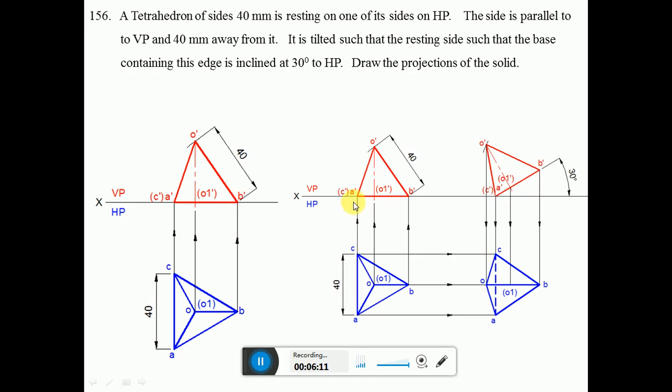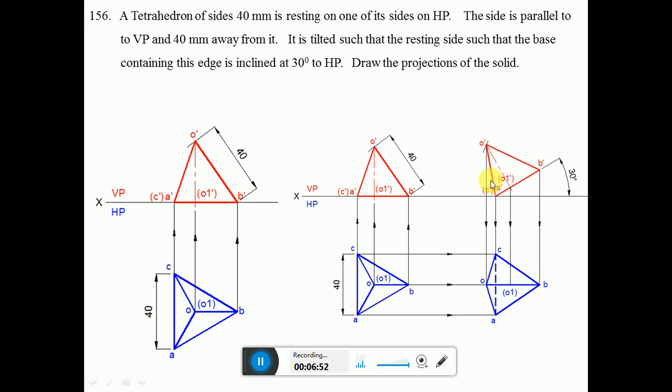Similarly, you measure the length from A dash to O dash. From A dash you draw an arc, and similarly you measure the length of B dash to O dash. Then with B dash as center, cut an arc on the previously drawn arc to get the O dash point. Then you measure the length from A dash to O1 dash, transfer it from A dash onto the A dash B dash line, and join O dash and O1 dash with a center line. Then join O dash to A dash, A dash to B dash, and B dash to O dash with dark lines.